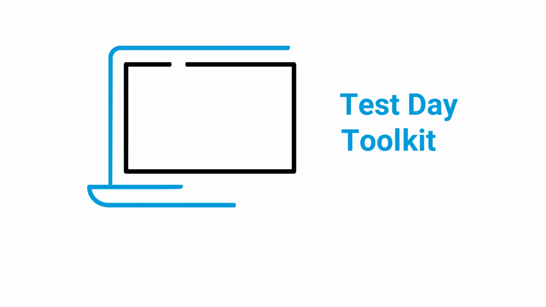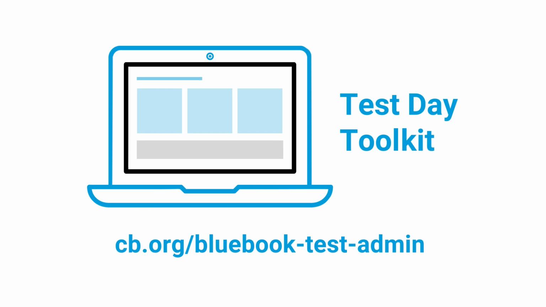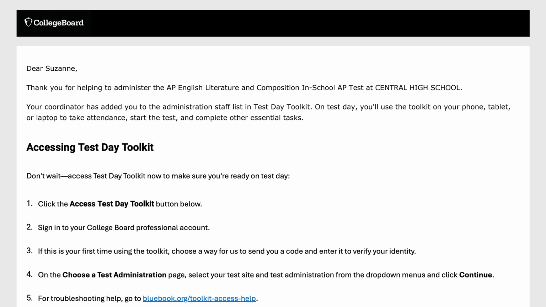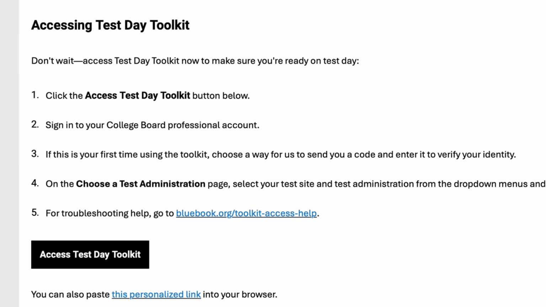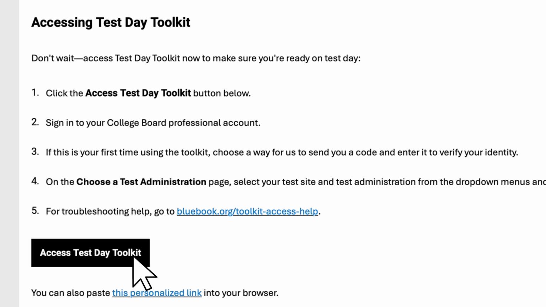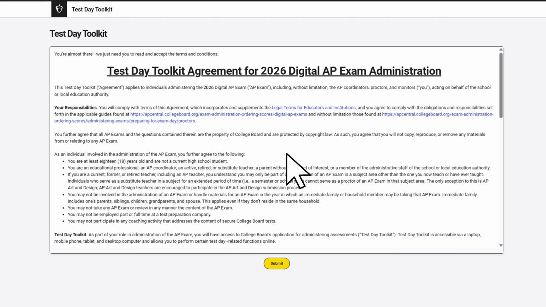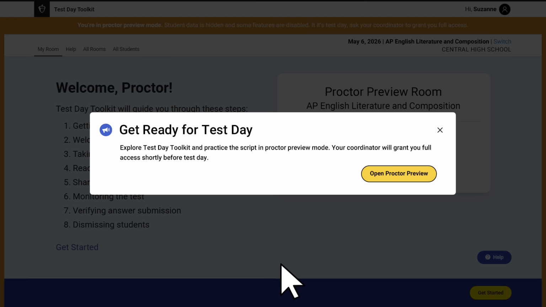Before exam day, the AP coordinator will set up Test Day Toolkit, the web application used to administer digital exams. In Test Day Toolkit, coordinators create rooms and add and assign staff as proctors and room monitors. When the AP coordinator adds a staff member, the staff member will receive an access email. Proctors should follow the steps in the email to confirm and accept the terms, and to access a preview of Test Day Toolkit screens they will see on